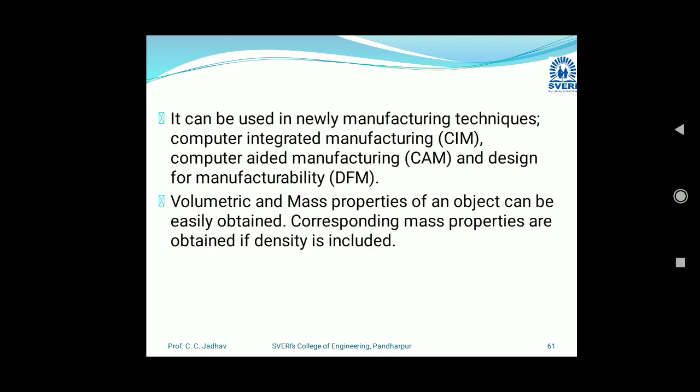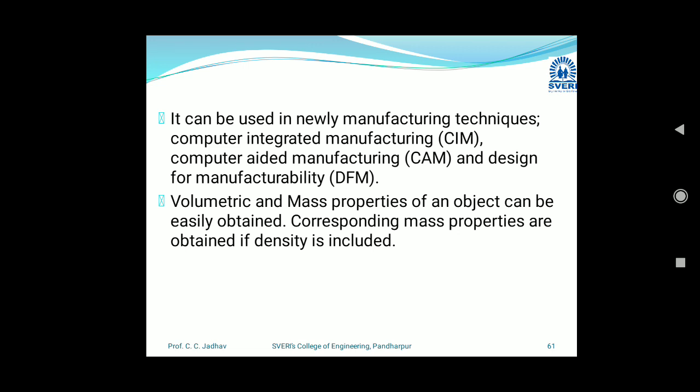It can be used in newer manufacturing techniques, computer integrated manufacturing, computer aided manufacturing, and design for manufacturability. So we can easily use this drawing for CAM purpose and design for manufacturability purpose.